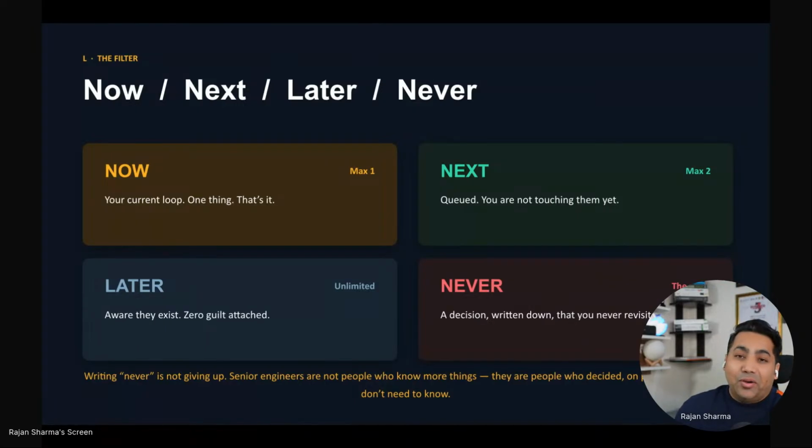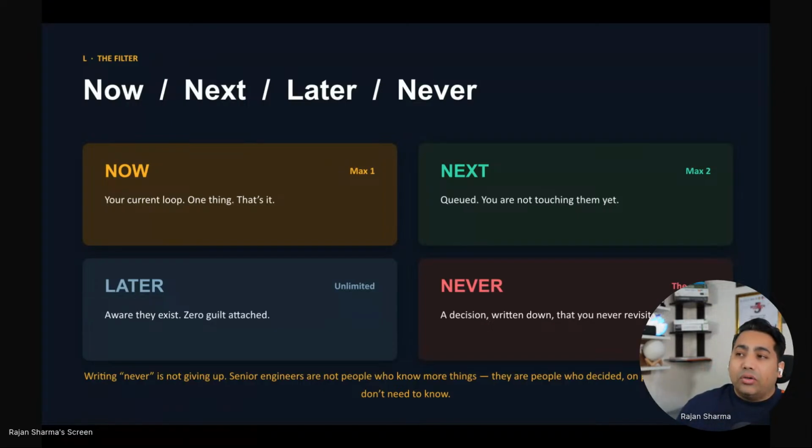When I say no, no means no. It's not like you put something in Never and then a situation comes up where you think, oh, maybe I should give it a try and read it. If that's the case, keep it in Later instead of putting it in Never. When something moves to Never, you never go back and learn it, because you have already decided what is high priority for you. And Never doesn't mean you say, okay, I give up on this. This is the most professional thing.